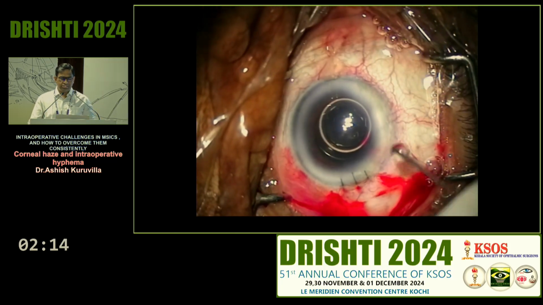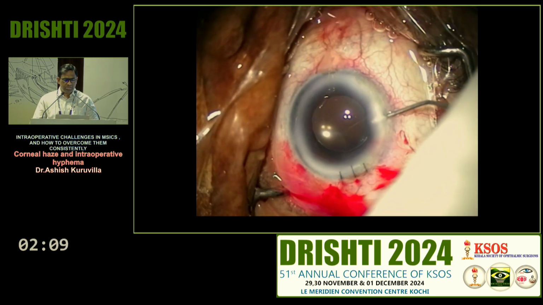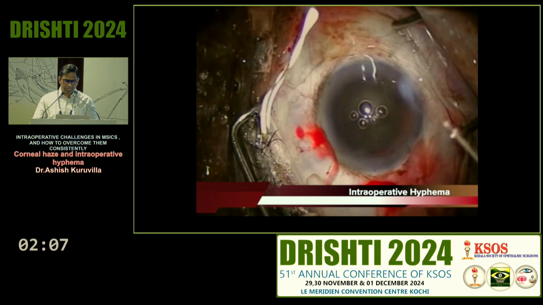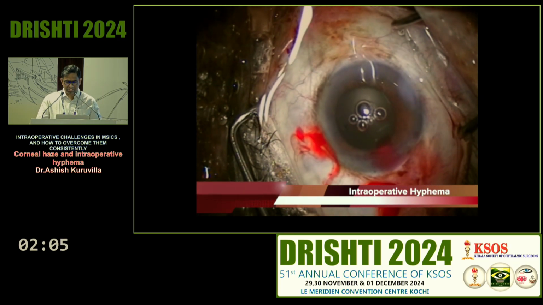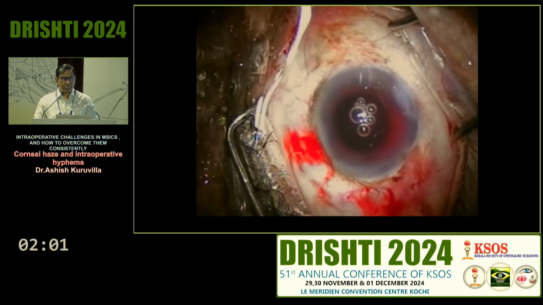So in these corneal degenerations, I think the better step would be, if you're doing phaco and you have to convert for any reason, maybe a different site superiorly, you can put one suture and do superior MSICS, and that would be more neat. Now, quickly going into this intraoperative hyphema, which is a common thing that you see much